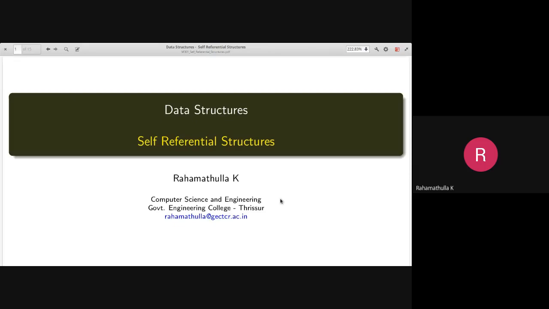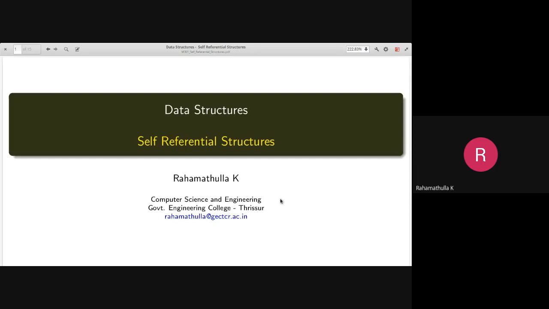This data type will have members of different data types. For example, if you create a student structure, and let's say this student structure has two members, two components. One is the roll number of the student and the second is the name of the student.